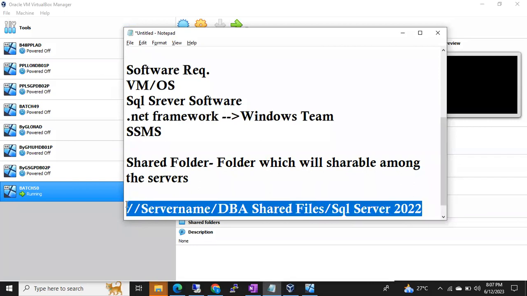You have to get this path from your colleagues. Once you step into the organization, you have to ask, hey, where can we find the SQL Server software? They will give you the shared location path and all. Most of the servers will have access to the shared location. What you have to do is get that path from your colleagues, go to the server,